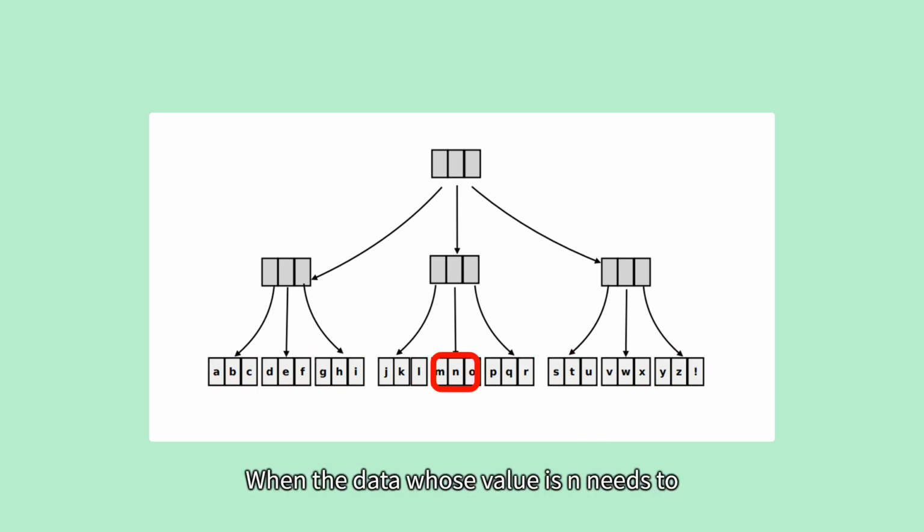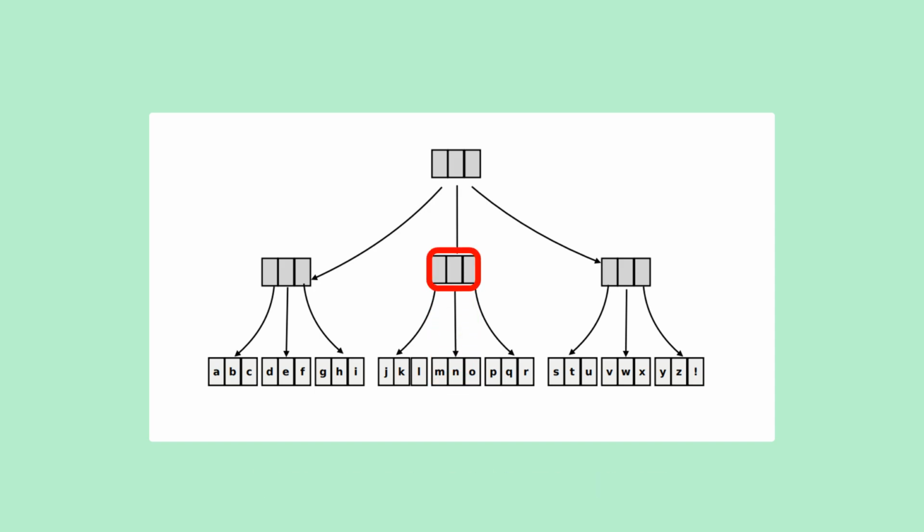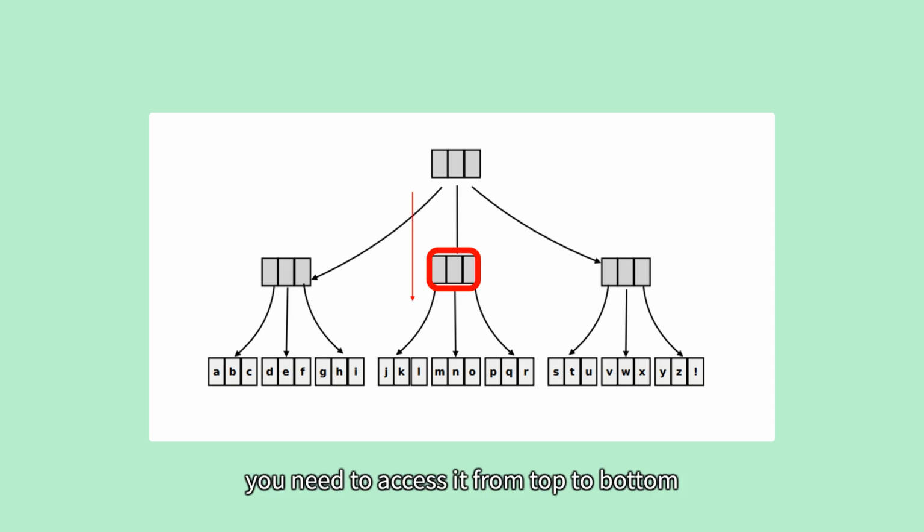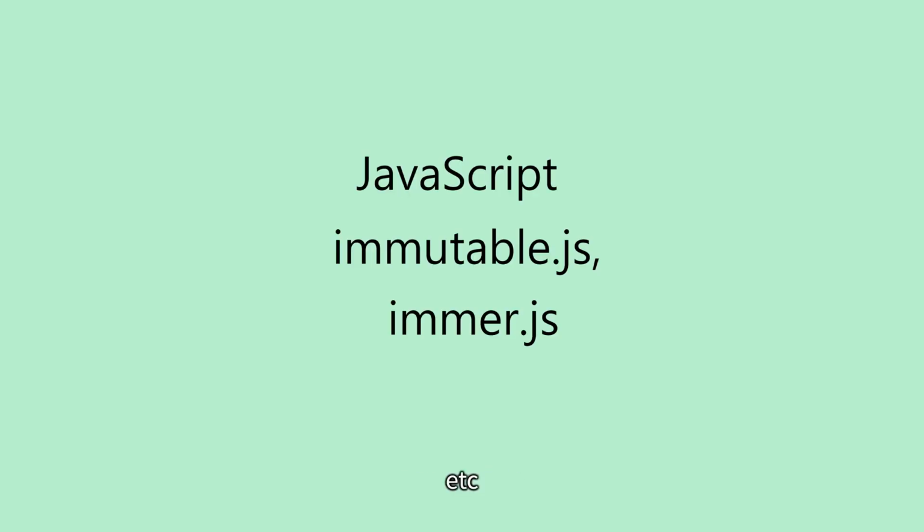When the data whose value is n needs to be rewritten, the fragment containing the value of n will be copied and modified in the upper position. To get the data in such a tree structure, you need to access it from top to bottom. In JS, Immutable.js, Immer.js, and so on